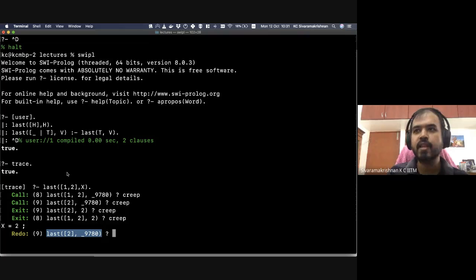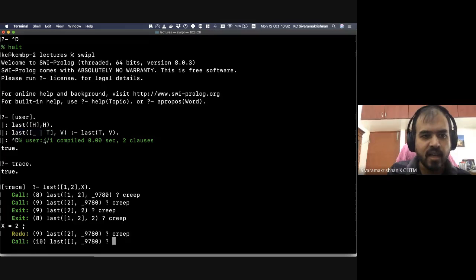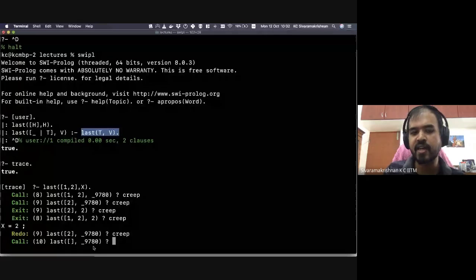Yeah, so Satak is looking ahead, but that is precisely what is going to happen. It's going to try to unify with this head, and it does unify. Underscore can be unified with 2, tail can be unified with the empty list. So if I creep, the recursive call is precisely that: tail is the empty list, and V is going to be the same variable. Prolog is going to continue and try to satisfy this, as we had just seen in the quiz earlier. This is going to return false. So if you keep creeping,